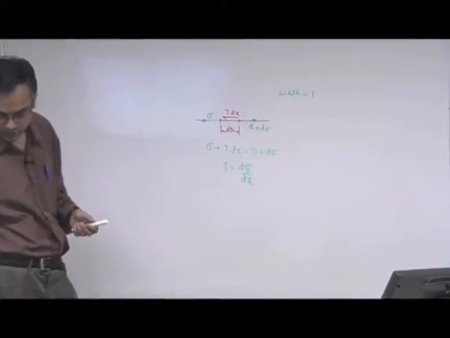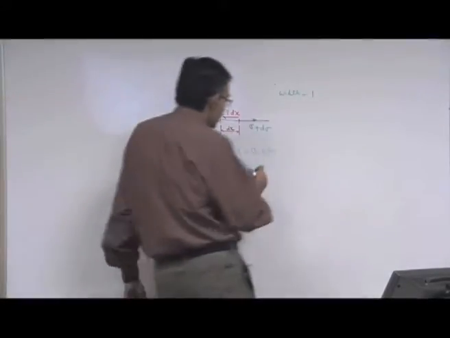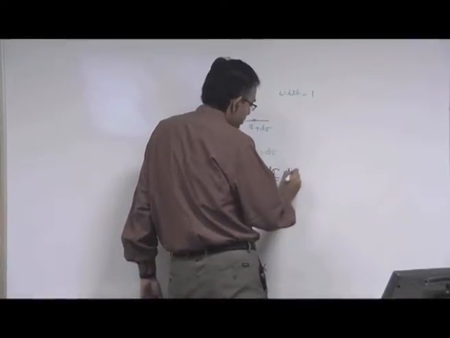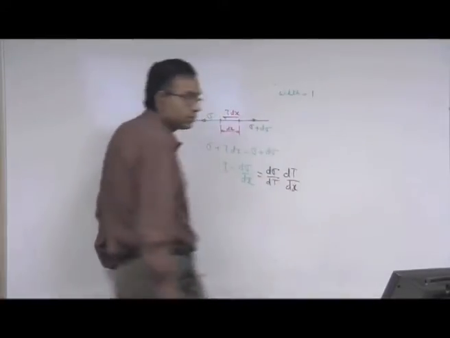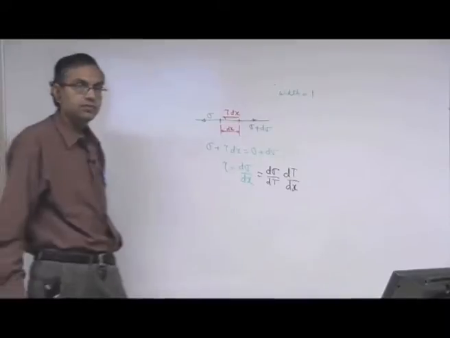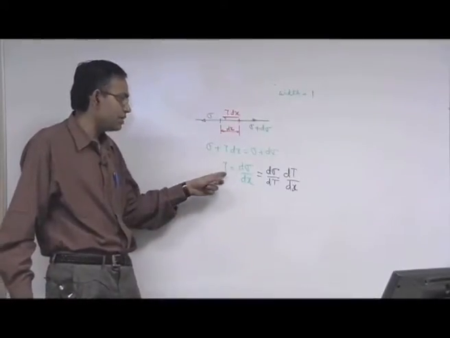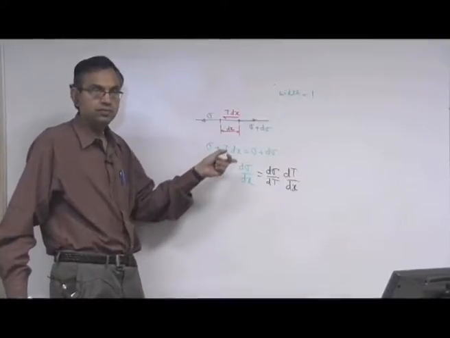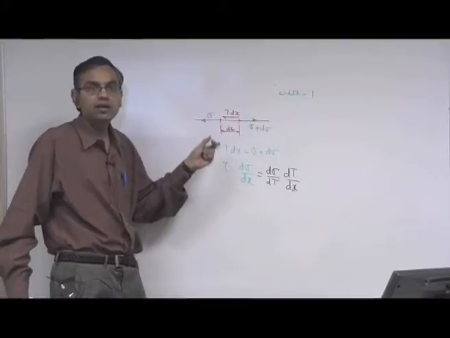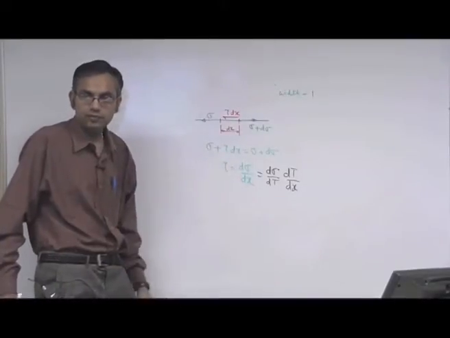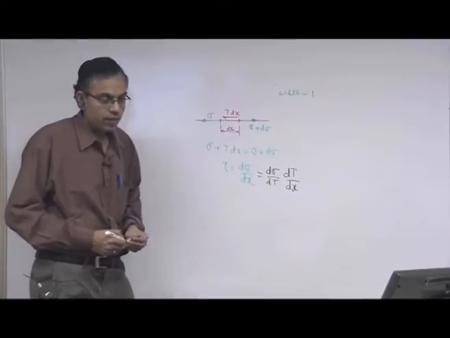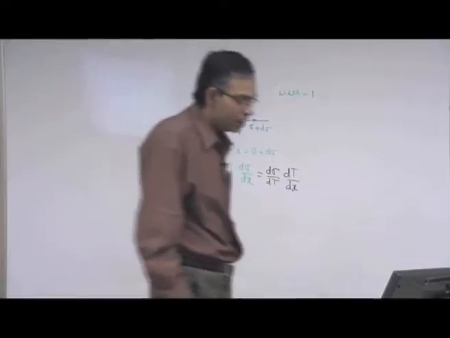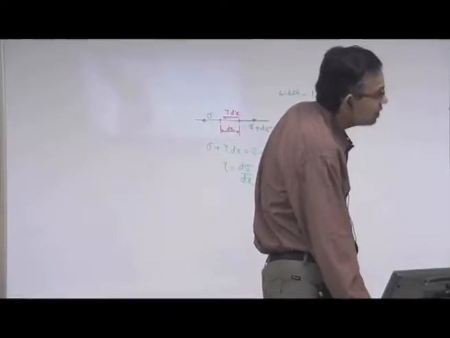So we can write this as d sigma by dT into dT by dx. So you can see how a shear stress can be generated because of a surface tension gradient, and this stress can be the driving influence for the fluid flow to take place. This is one effect that we discussed in the previous lecture, this is just a continuation.